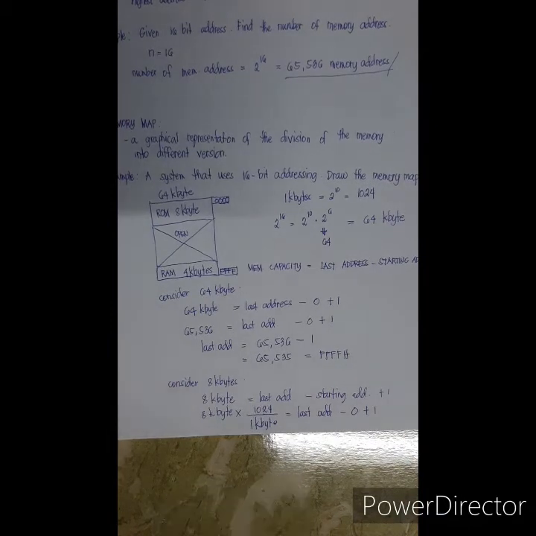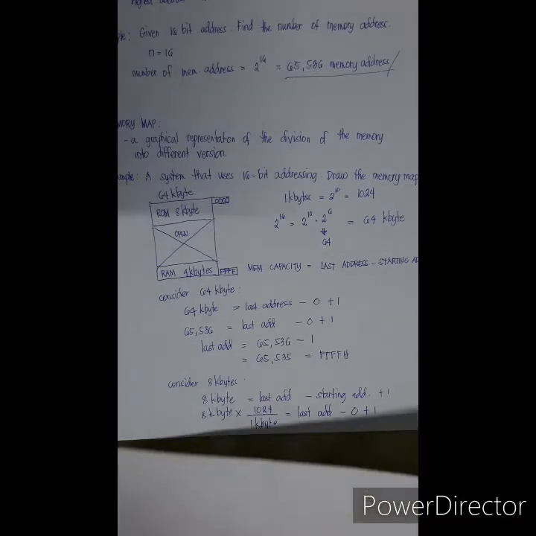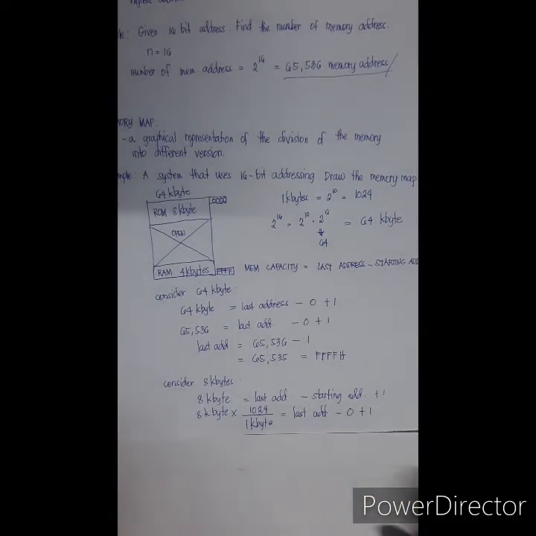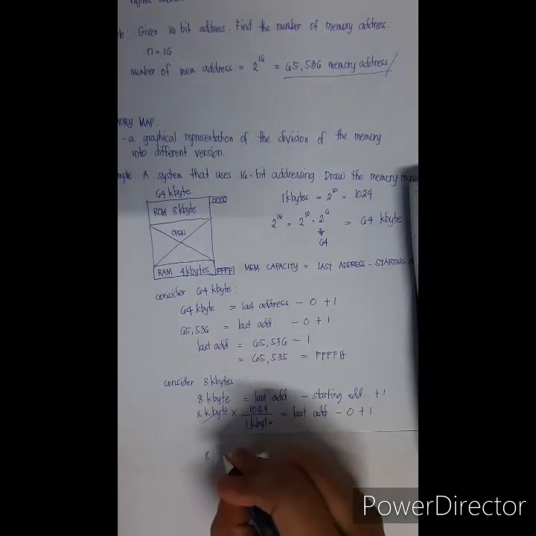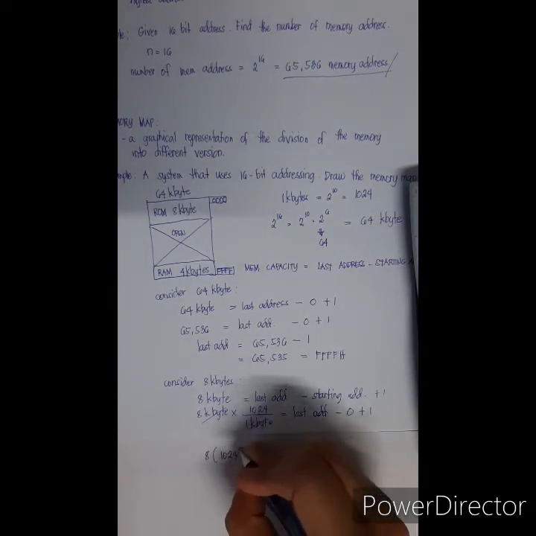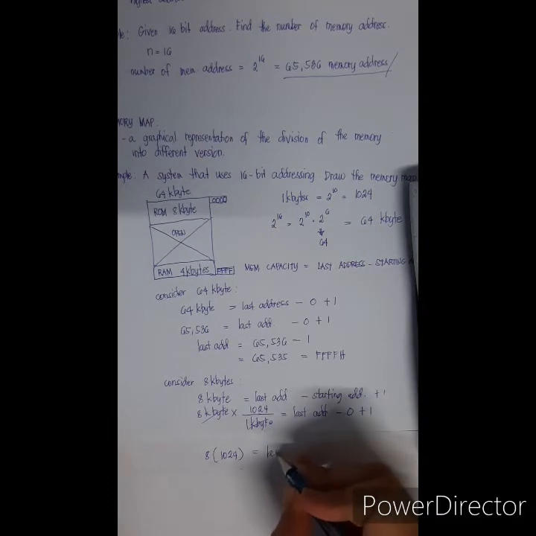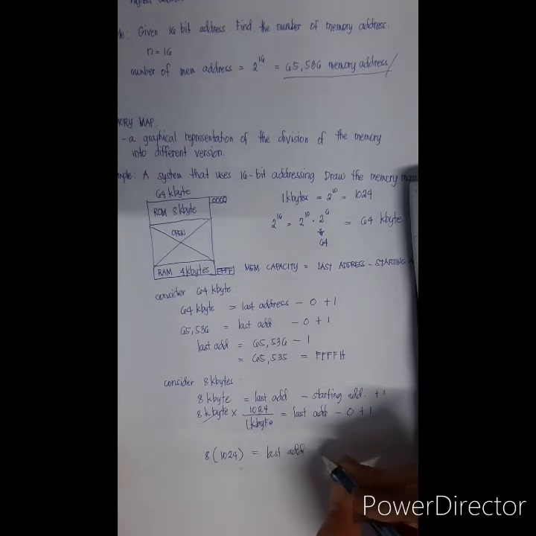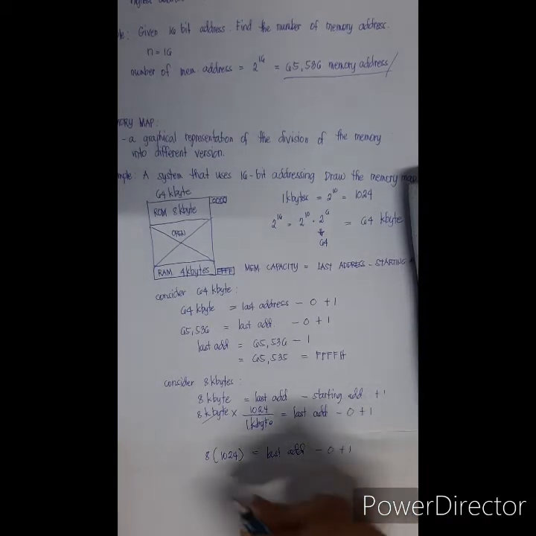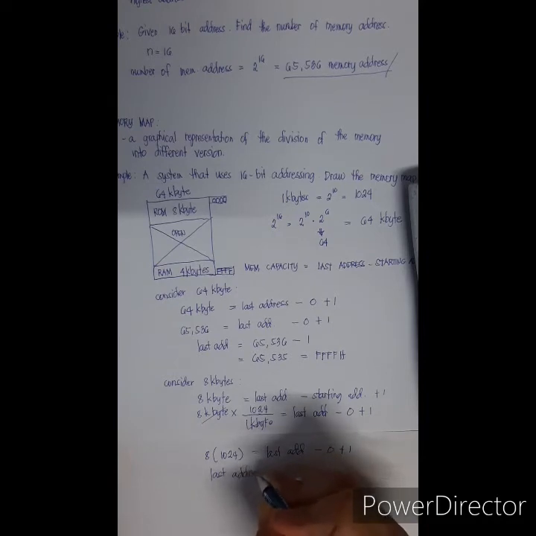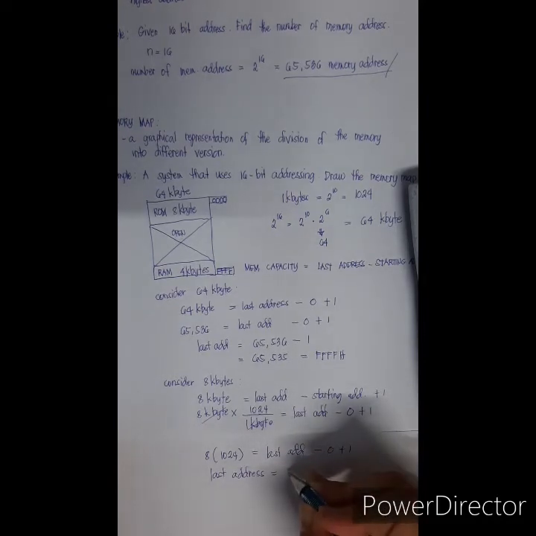To be consistent, all our values should be in decimal first. So, continuing, the kilobyte units cancel out. We have 8 times 1024 equals the last address minus 0 plus 1. The last address considering the 8 kilobytes is equivalent to 8 times 1024